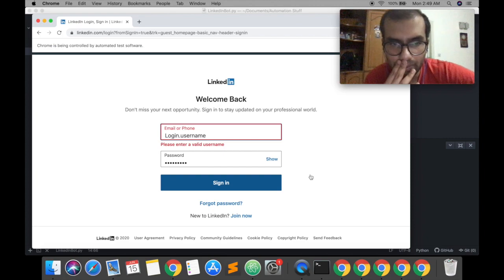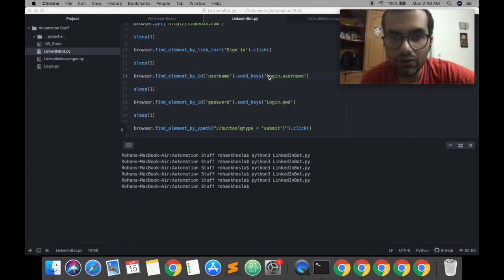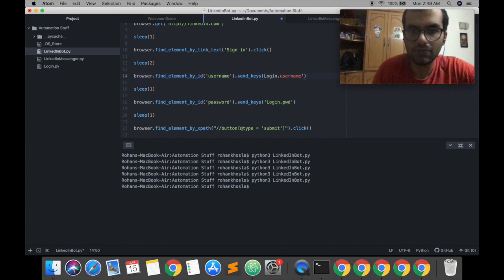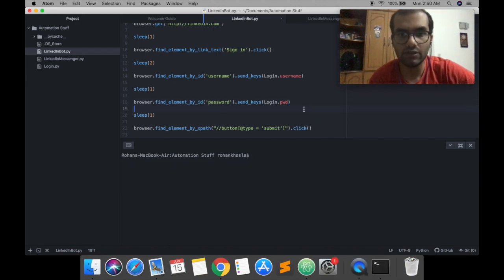Okay, so we've made a little problem over here. Now you'll notice that over here I've put quotation marks around login.username. So what it's doing is using that as a string. Instead it should be using this as a variable that it's pulling from the login file that we've imported. So we'll pull this out and save this now and run it.